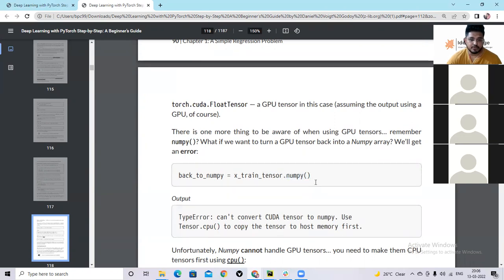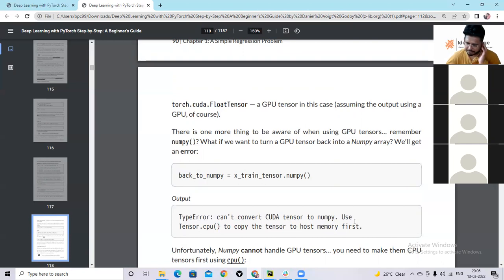But if you apply the .numpy function on a GPU tensor, you will get an error: cannot convert CUDA tensor to NumPy, use tensor.cpu to copy the tensor to host memory first. It makes perfect sense, because for NumPy everything exists in the CPU, but this variable x_train_tensor we had sent to the GPU memory.